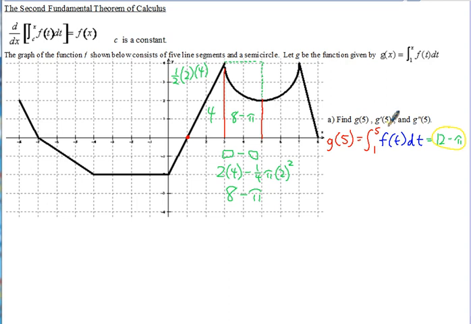Next we need g prime of 5. Well, we don't have g prime yet, so let's start with g of x right here, and let's take the derivative. So to find g prime of x, that means we need to take the derivative of the other side of the equation as well, with respect to x. So it's the derivative of this integral from 1 to x of f of t